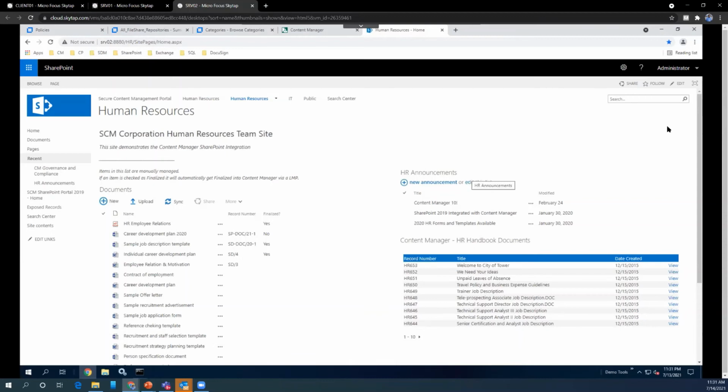So basically, Content Manager allows you to manage your SharePoint repositories, and you can replicate your sites and your folders using one click to the Content Manager, and then Content Manager will do the rest. So that's demonstration number 3.